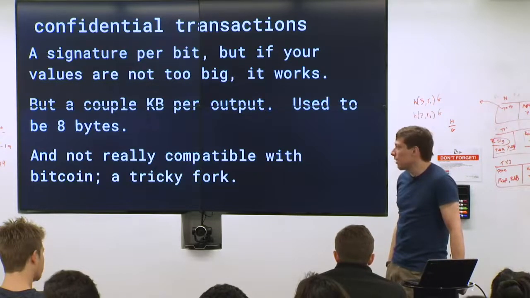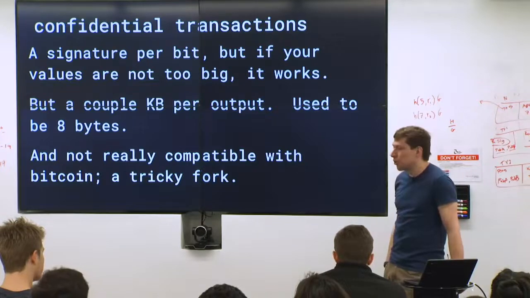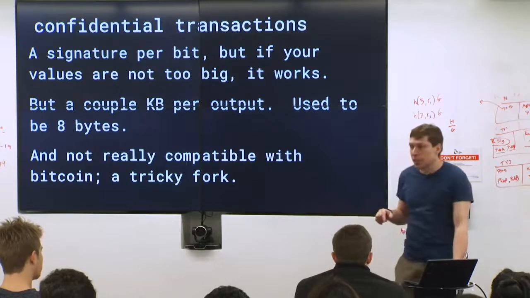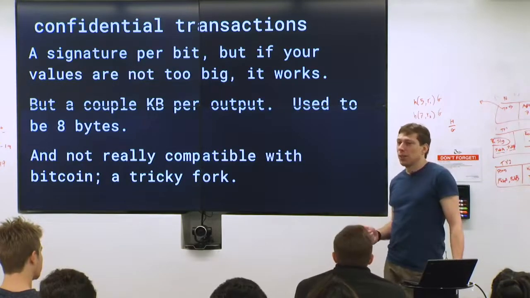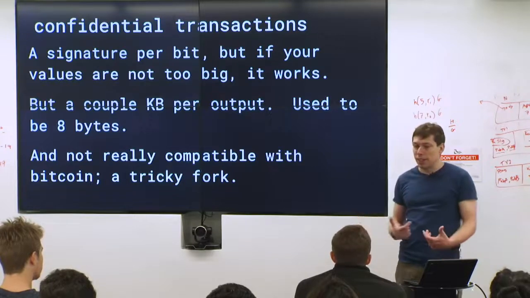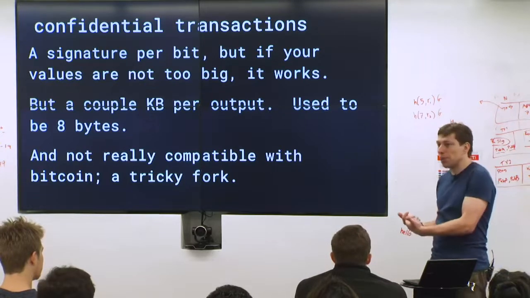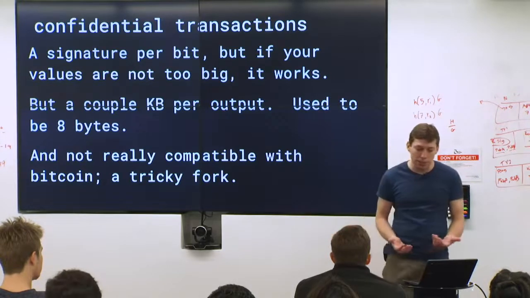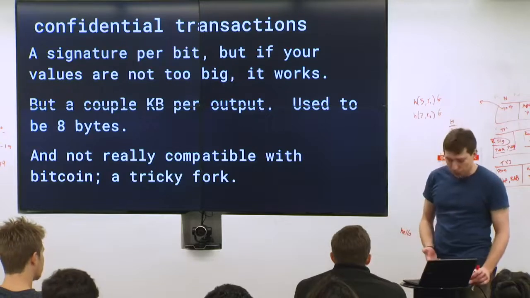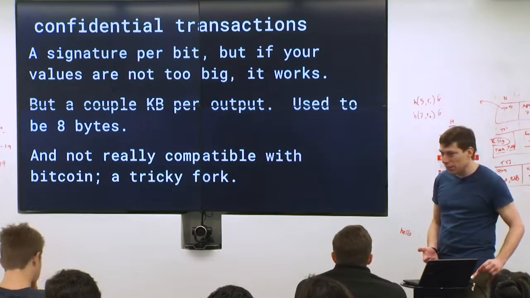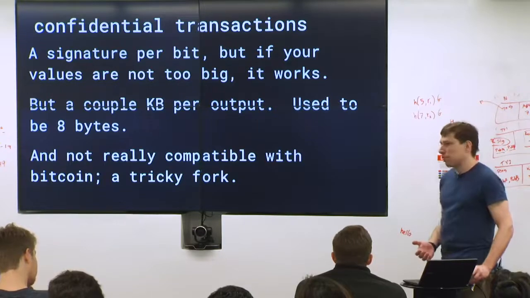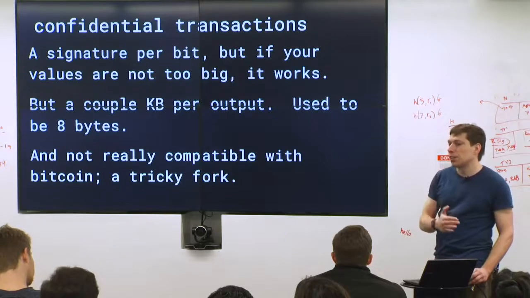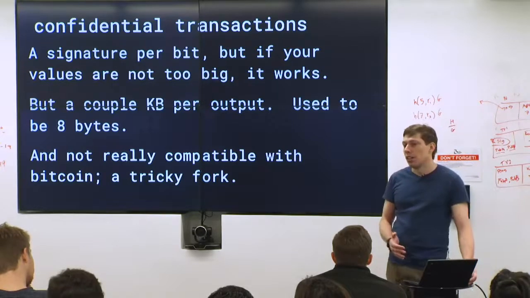Also, the real problem is it's not really compatible with Bitcoin. This would be a really tricky fork to implement. How do you implement this such that the old software on the network is okay with these transactions? What they're expecting is a transaction that has a value, right? Here's how many coins are being moved. If you say, no, I'm not going to tell you anymore, well, old software doesn't know how to deal with this, and by default will reject these transactions. So there are ways to do it that don't break compatibility, but they're pretty ugly. One of the ways is to say, okay, from now on, all output values have to be 0. So the old software will